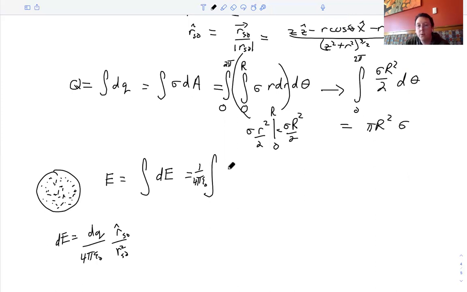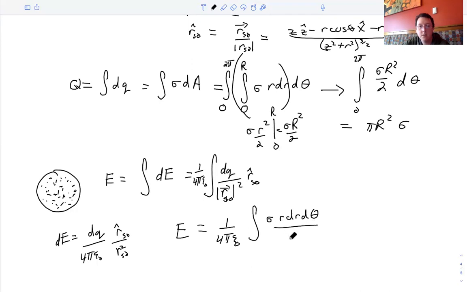So we're going to have dQ, which can be expressed in terms of the surface charge density as 1 over 4 pi epsilon naught integral sigma r dr d theta over the magnitude squared, times z hat minus r cos theta x hat minus r sine theta y hat,